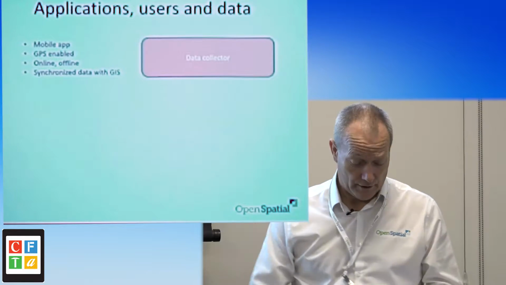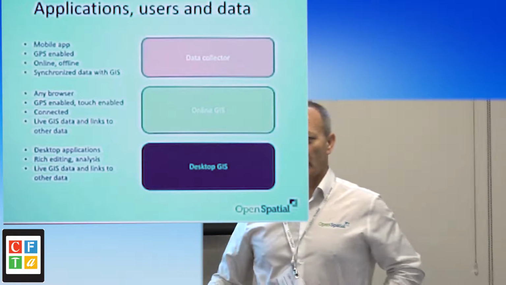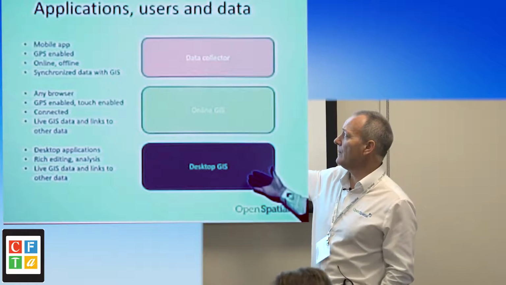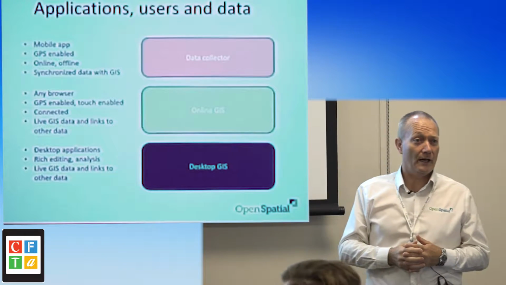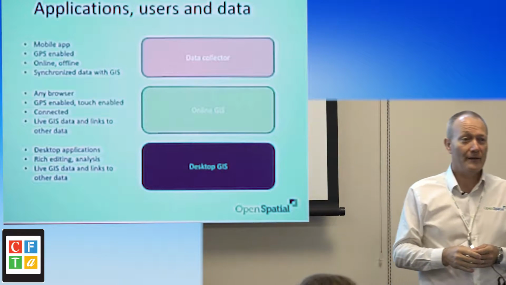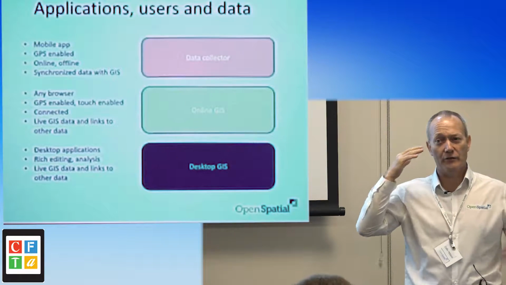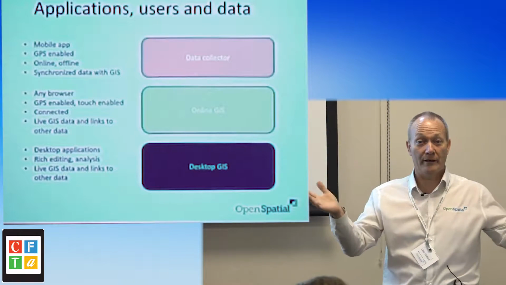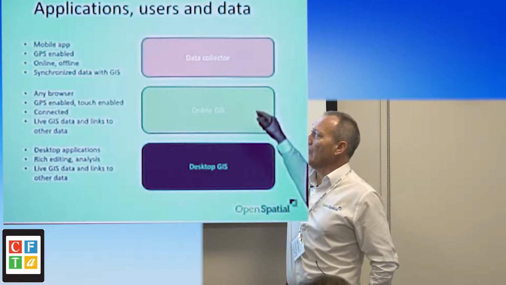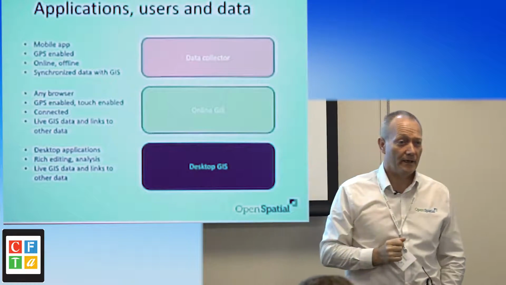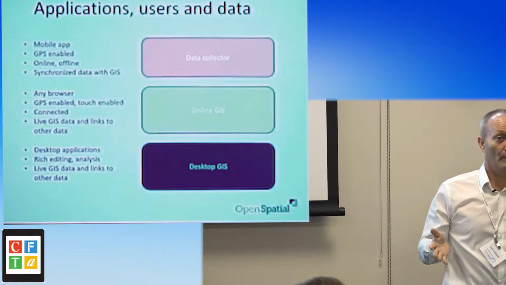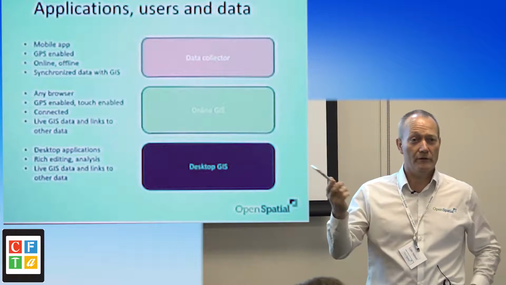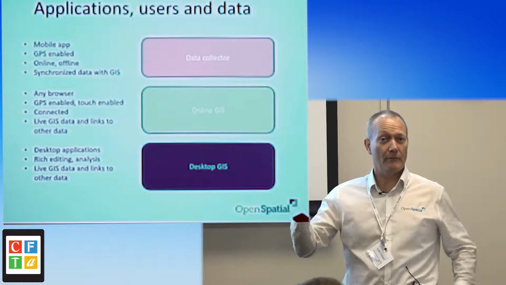If you look at your solutions, typically in your campus you're going to have desktop solutions. People are going to be editing data on desktops. They'll also possibly be using online solutions. And then you'll have data collectors. So in your mind, it's useful to think: I've got the desktop, I've got online access to data, and then I've got data collectors. And I differentiate fairly clearly between data collectors and online web apps, because our product, much like anyone else's, you can use on a browser, on a tablet, on a phone. So I've got a mobile